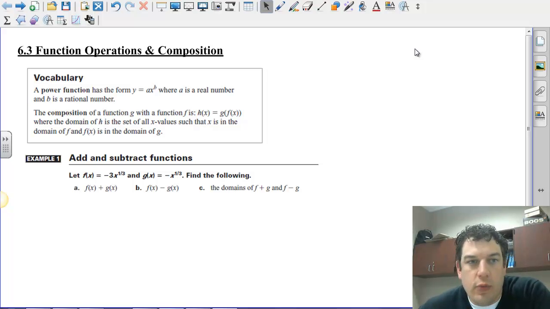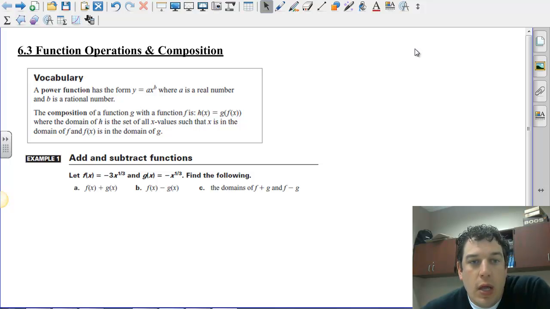Hi everybody, Mr. Gerhard here, and we're going to talk about 6.3, which is function operations and composition. This is with power functions, which is a little bit different than polynomials. All polynomials are power functions, but not all power functions are polynomials. A power function has the form y equals ax to the b, where a is a real number and b is